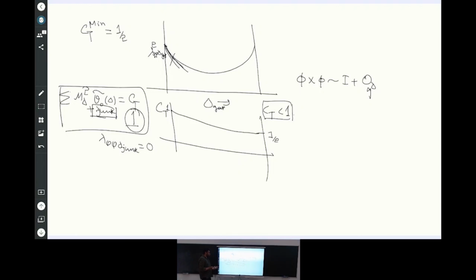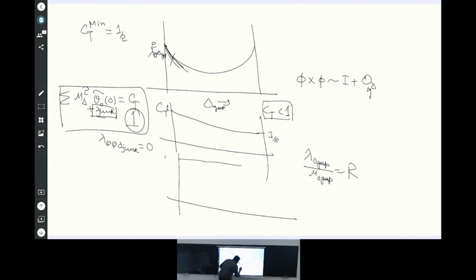So the bound will only improve if somehow the extremal solution that we get out of the runs without imposing the locality conditions, if we see those with that set of extremal solution, CT is bigger than 1. Only then the bound will improve. And indeed, for this same plot, what we do is that we fix a ratio of the lambda delta gap and mu delta gap, and then we scan over it, and you are going to get a plot